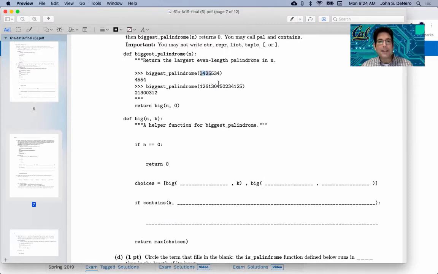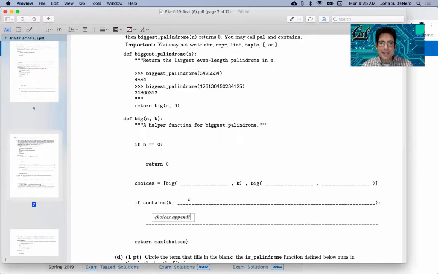So when I get to this point, I realize, oh, there's an option, which is that I could have the palindrome 4554 as one of the palindromes in here, but only if, after I've removed that and n is just 3, 4, 2, 5, it's the case that k is contained within these digits, where k has to be the numbers that I've seen so far backwards. Okay, so if it's the case that k is in n, where k is the digits that I've decided to keep so far in reverse order, then I think we have a new choice,